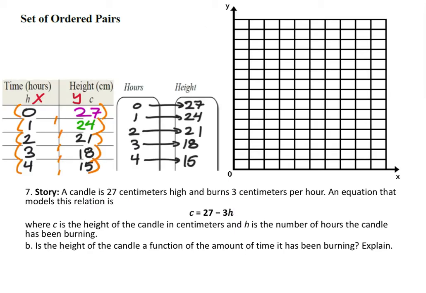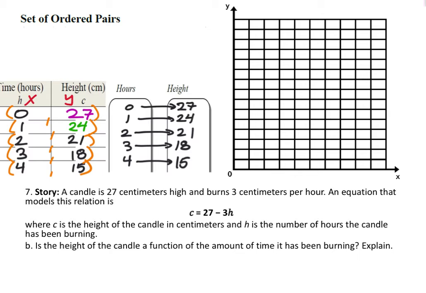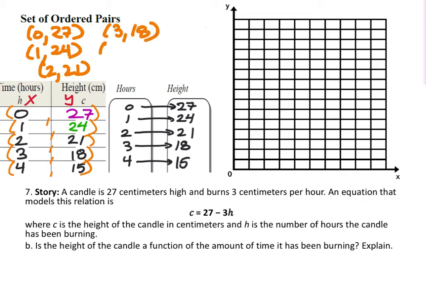All right, but it does want other representations of this as well. In fact, let me move this over just a little bit. So let's list these out as ordered pairs. I know we kind of did that in the table, but we'll still list these up here. So we got 0, 27, the first one, and then 1, 24 is the second one, and then 2, 21, and then 3, 18, and then 4 hours, it was 15 centimeters tall. So there's our ordered pairs, but we still need to make the graph on this, and they did not label